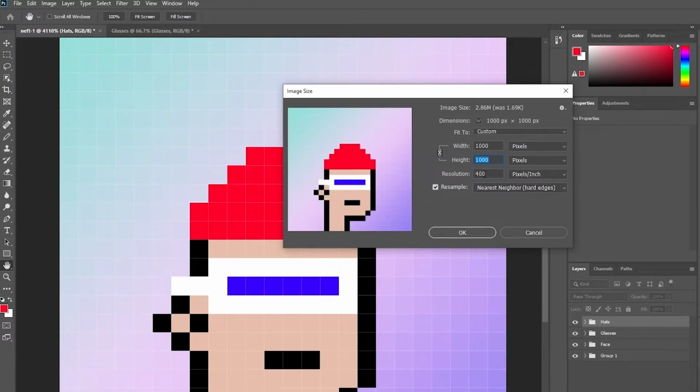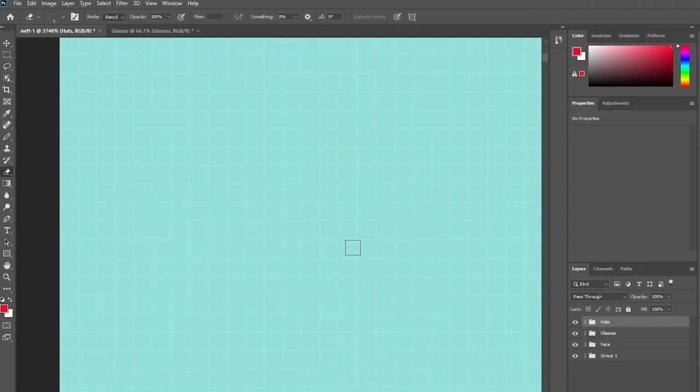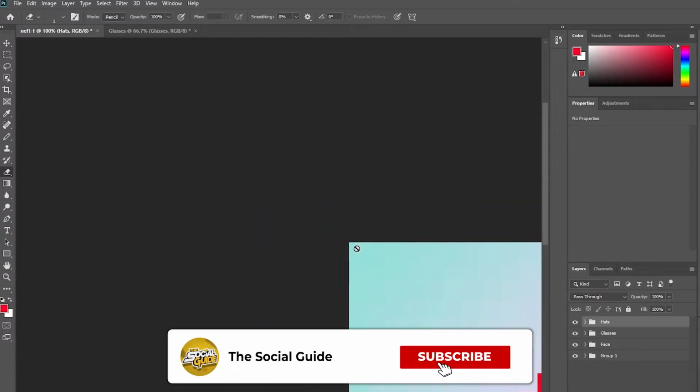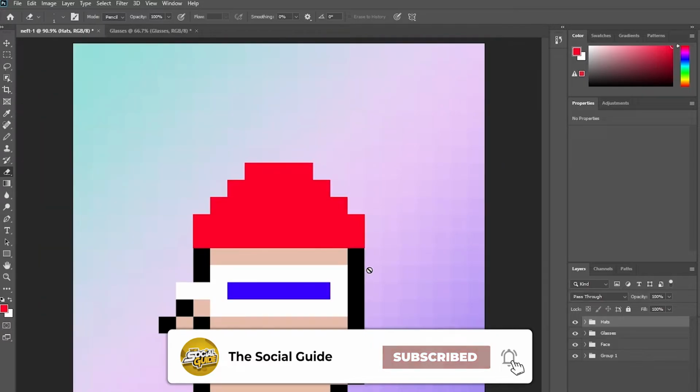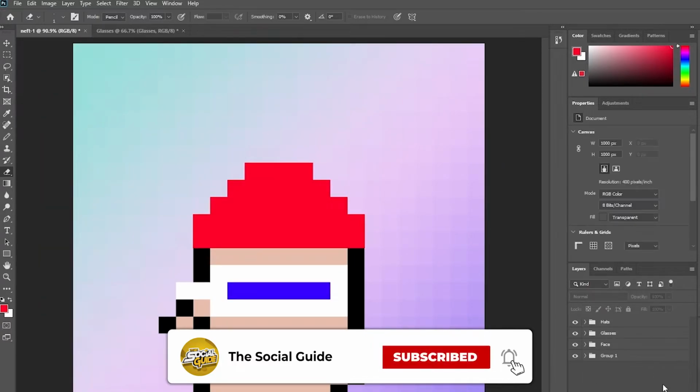That way resolution is increased with 400 pixels per inch, and we have 1000 pixels by 1000 pixels. Yeah, that looks good. Then just simply click on OK. Now you have it over here. You have a pretty big image. Let me just increase it. There we go. Now the next thing you want to do is go ahead and export it,